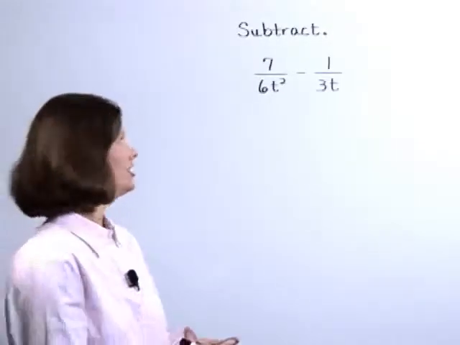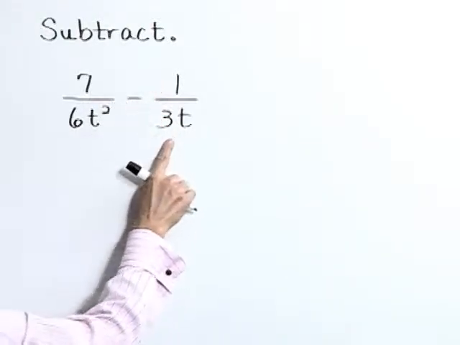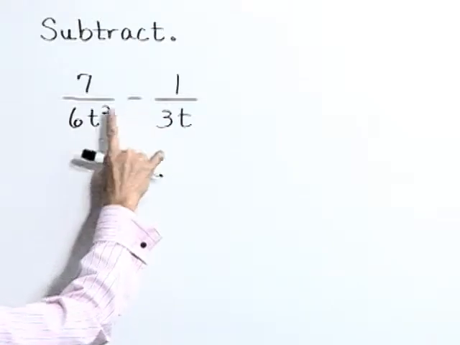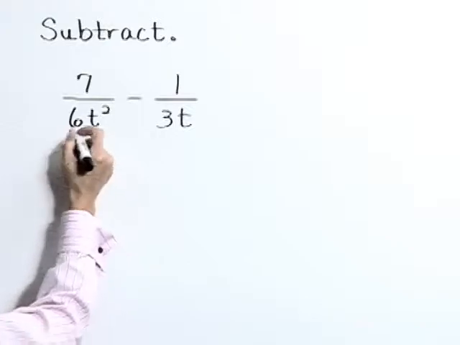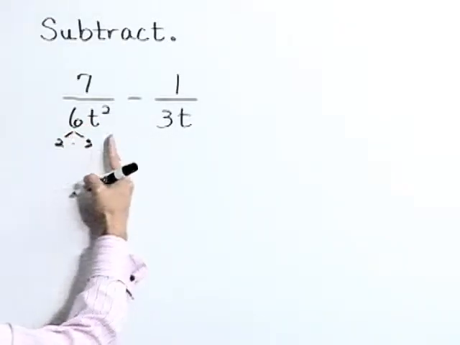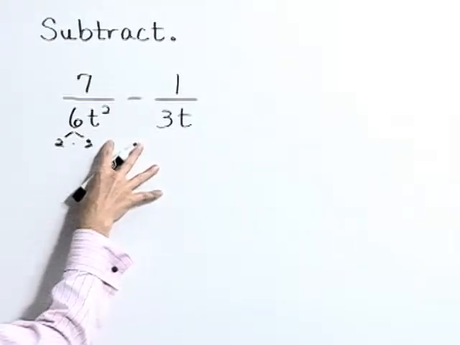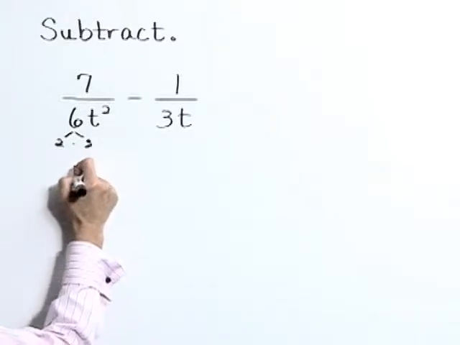Subtract the rational expressions 7 over 6t squared minus 1 over 3t. In order to perform this subtraction, we need to determine a lowest common denominator. This 6 is a 2 times 3. Now our lowest common denominator is going to include every factor that we see in these denominators along with the largest exponent. So our lowest common denominator